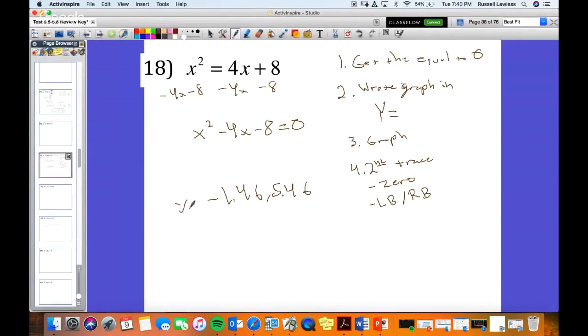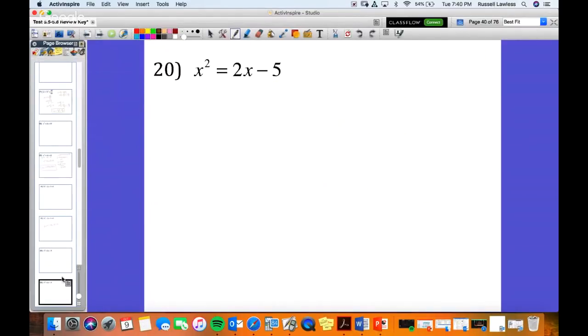And so here we had our x is equal to negative 1.4 and 5.46. Now, we've looked at solve by factoring, solve by square root method, solve by graphing. Now there's two more that I want to look at: completing the square and the quadratic formula. And so with the completing the square and the quadratic formula, what we're going to do for completing the square